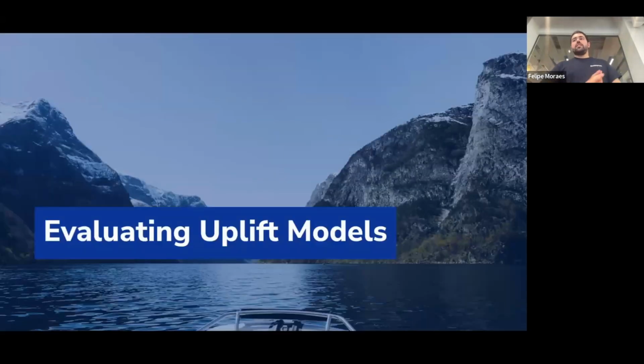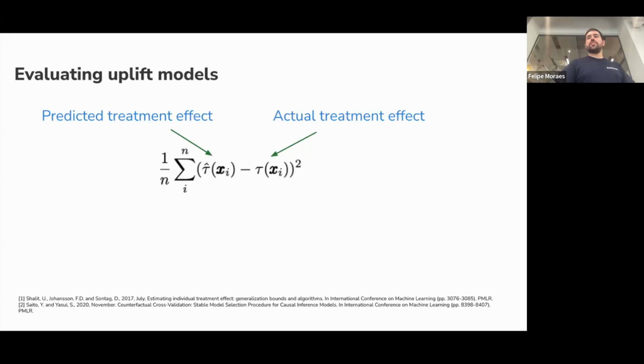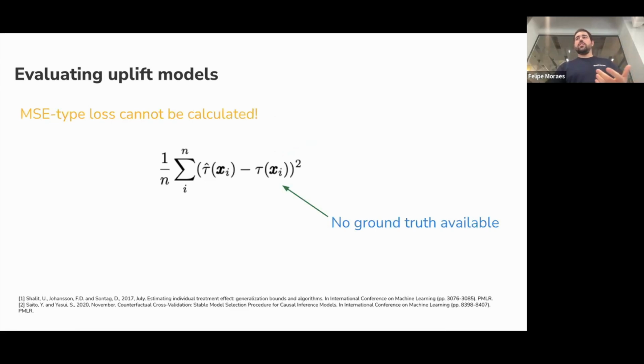So how do we evaluate uplift models? That's a very important question. A lot of times in supervised scenarios, when you know the truth about what you are doing, like in classification or regression, you can just compute mean squared error or your favorite metric, because you compare your results in the test set against what you predicted, and you see if it's correct or not. But again, we don't really have a ground truth here, so we cannot calculate metrics such as mean squared error directly.